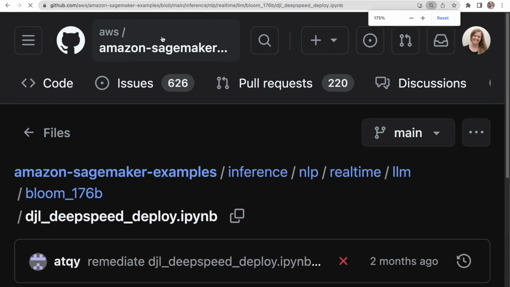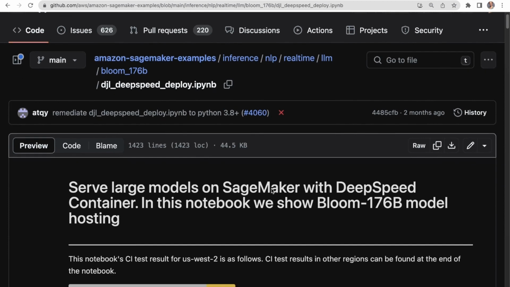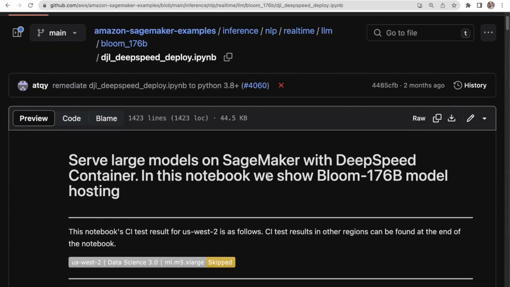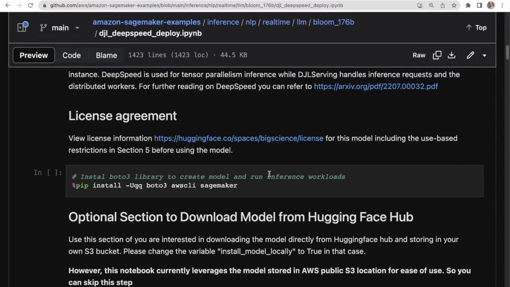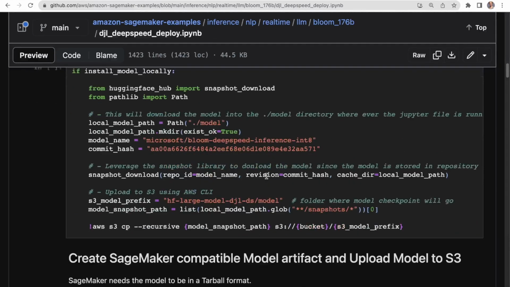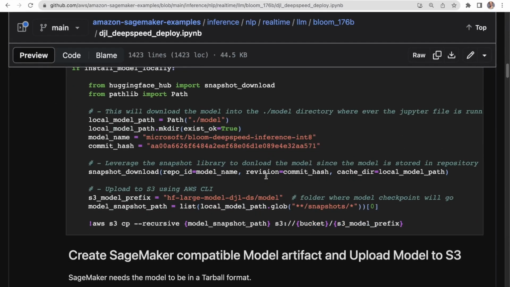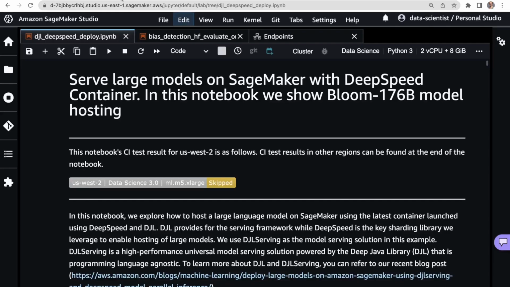So this notebook is handy because it's extremely self-contained. I like that a lot about it. It doesn't use many other files. All of the files this notebook uses are actually just in the notebook itself. So you don't need many other artifacts. In addition, it also has this nice local mode option. So if you are running a notebook on a P4D machine, then you're welcome to run this here. So let's check this out.